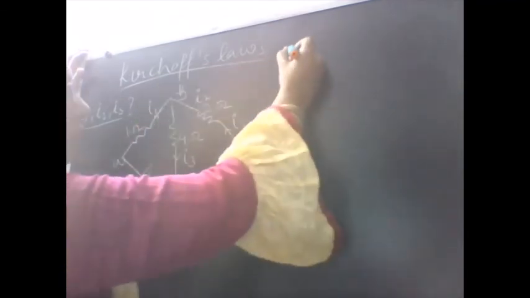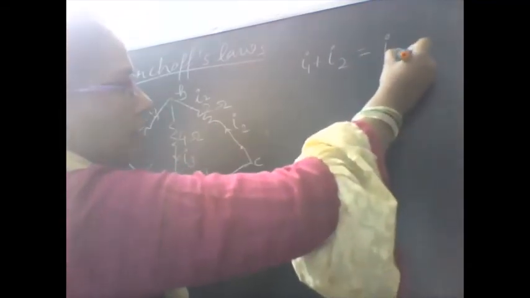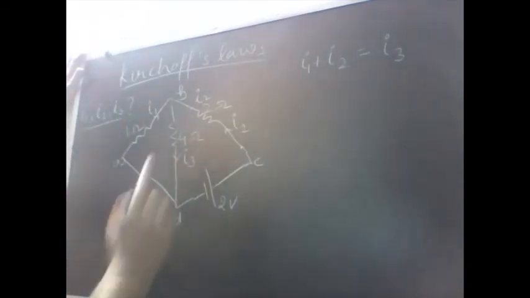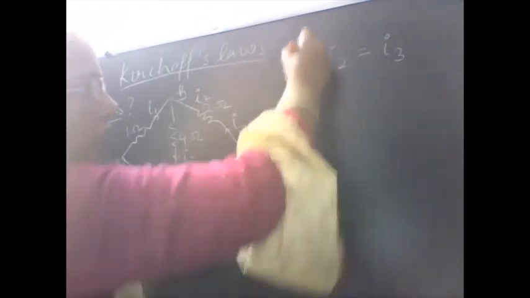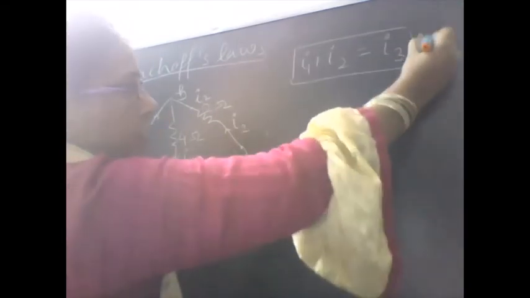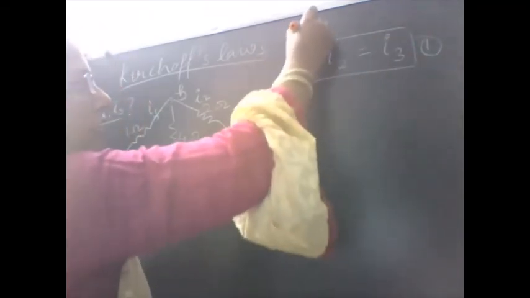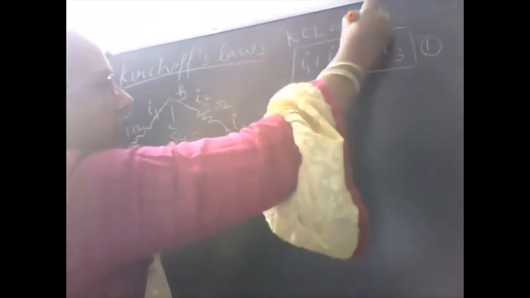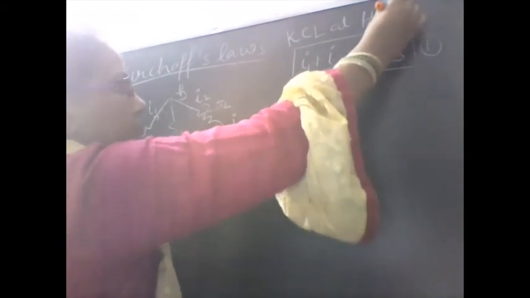So let us apply KCL, and side by side we will learn the sign convention also when we use the KVL. When we apply the KCL for the point B, currents I1 and I2 are entering this terminal, which is equal to current I3 which is exiting. So when we apply KCL, it will be I1 plus I2 is equal to I3. This is our equation number 1, and we have obtained it by using KCL at the point, which point? At the point B.